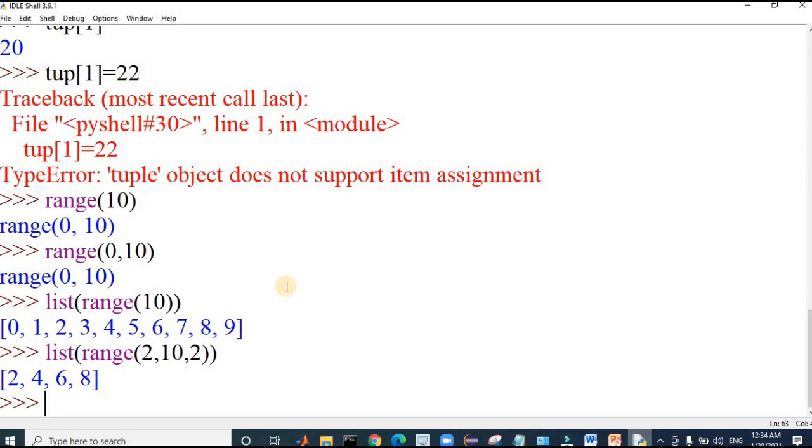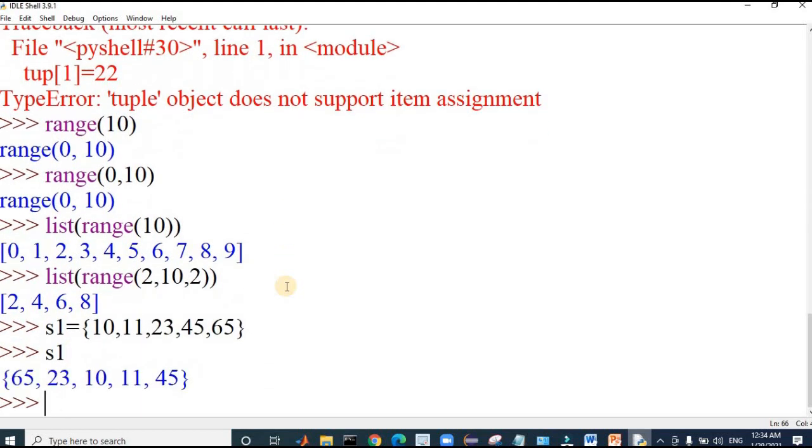The other data type is the set type. Set I already discussed. It uses curly braces to store the values. If I retrieve the set, it is retrieved in a different, random order. That is, these are not ordered.